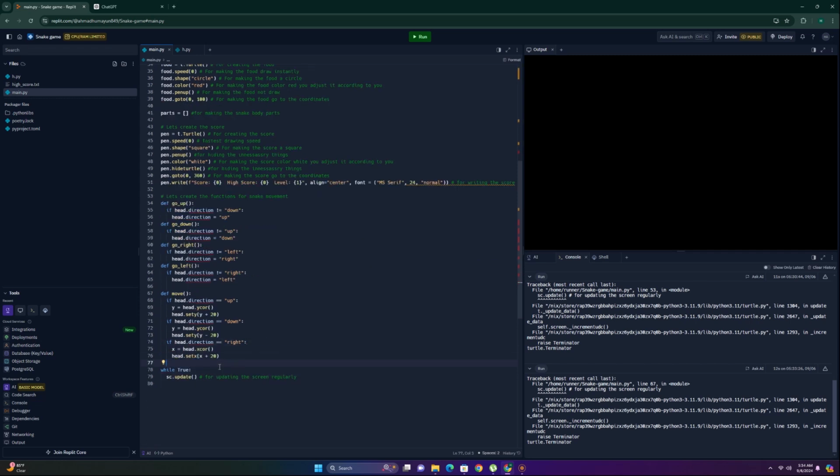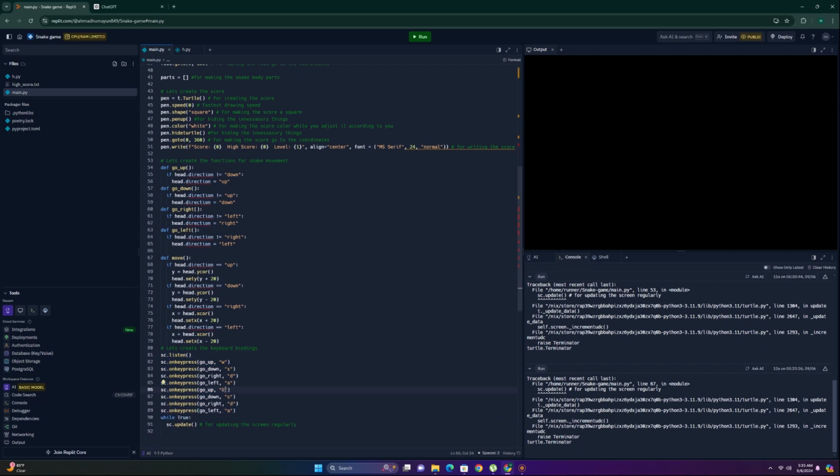To make these functions responsive to keyboard inputs, we'll set up keyboard bindings. We'll use the onKeyPress method to listen for key presses and link them to our movement functions. Specifically, we'll bind the W, A, S, and D keys, as well as the arrow keys, to control the snake's direction. This means you can control the snake with either the WASD keys or the arrow keys,